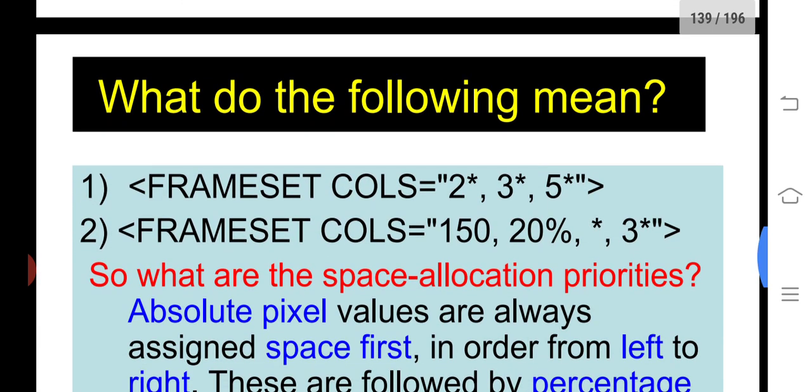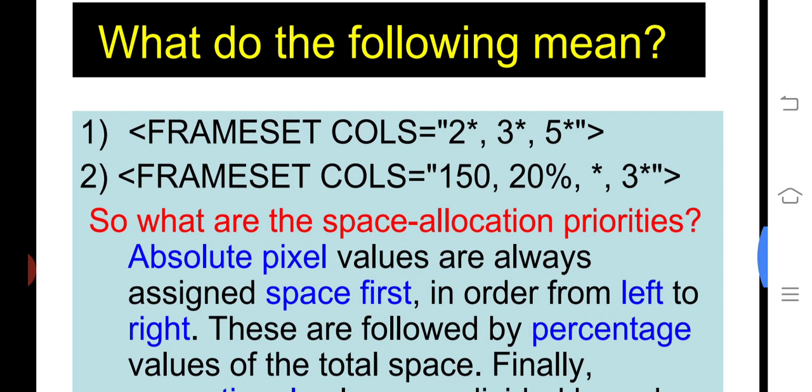Here, what you follow is: frameset cols within the double quotes 2 asterisk, comma, 3 asterisk, comma, 5 asterisk, close the quote. Frameset cols 150, comma, 20% mixed together; percentage as well as numbers are also possible. You can use an asterisk, comma, 3 asterisk.